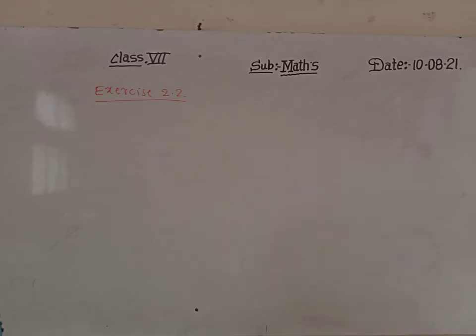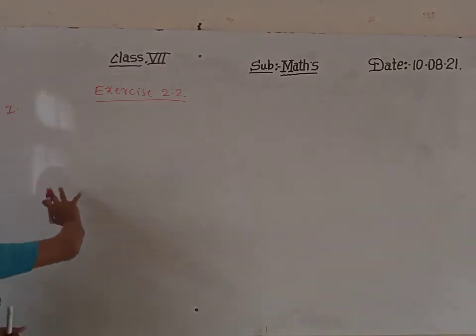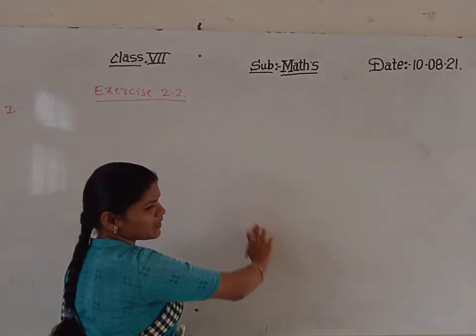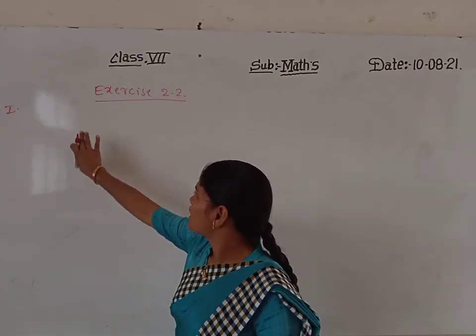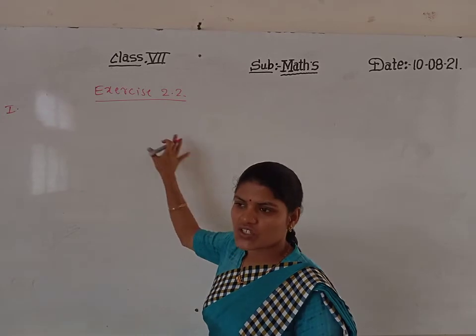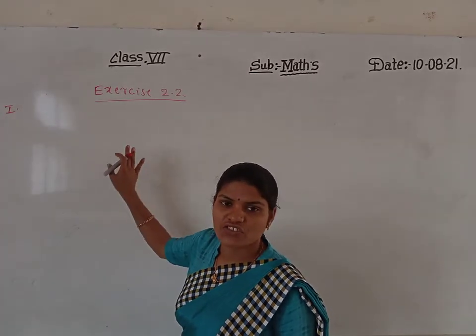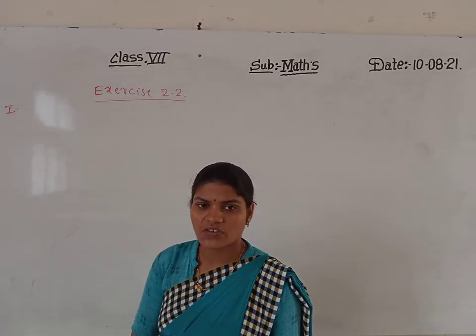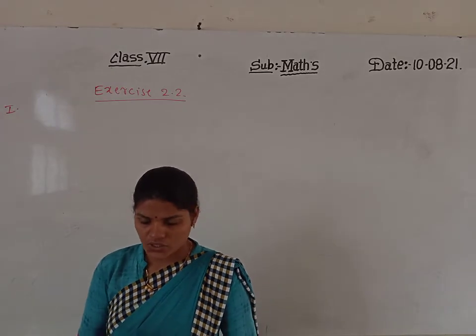Yes, everyone, you have to open your page number 36. It is there on page number 36. Which of the following drawings from A to D shows the given fraction? So what is the first fraction he has given? First question. He has given some pictures here and also some fractions. So which fraction is related to which picture, you have to tell me. Like that the question is there.